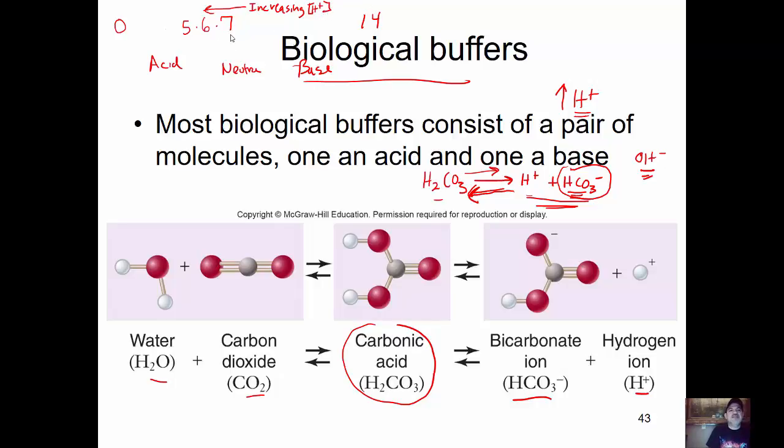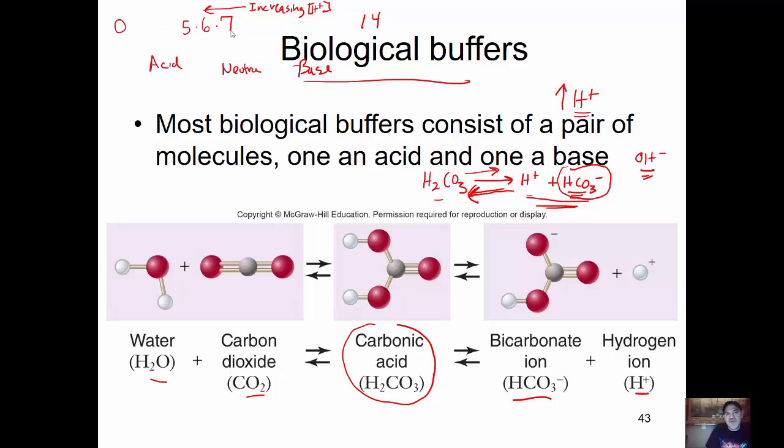So if we add acid to a neutral solution and we go from a pH of 7 to a pH of 5, the question is, by how much does the concentration change? Many students will be tempted to say it changes by 2 units because we go from 7 to 5. But remember, this is a log scale, which means every jump in pH, a pH unit, is a 10 times change, or a